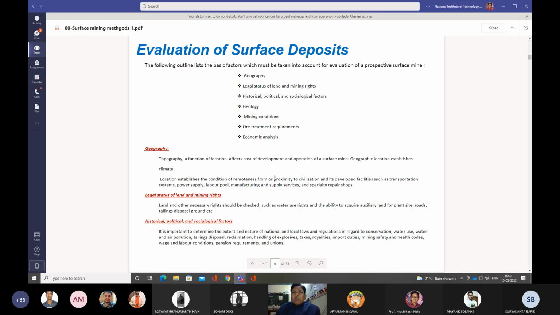So whenever you are going to mine a mineral deposit, the first thing you have to see is where the mineral deposit is lying, whether at the top of the hill, at the bottom of the hill, in the valleys, or on the plain surfaces. And whether the deposit is lying in a very remote area, suppose in a very jungle area where there are no roads, no communication means, no electricity, no people available to mine the deposit, and you are not able to get the equipment, then this is very important